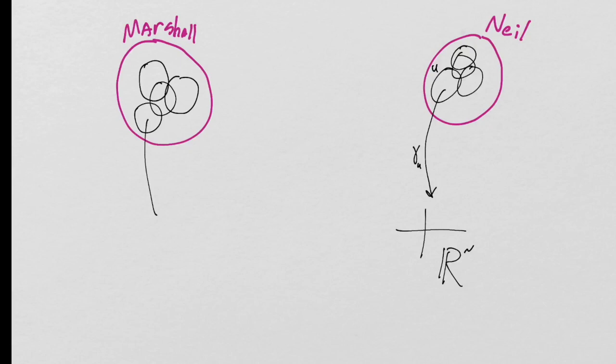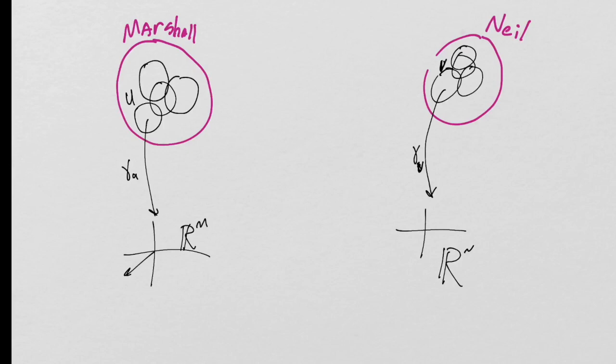Well, let me see. I'm going to try to be consistent with my notation here. So I'm going to call this V, and I'll call this U. This will be chart map V. This one will have its map, we'll call it gamma U, and it goes into its version of Euclidean space, that's R to the M. And all of these